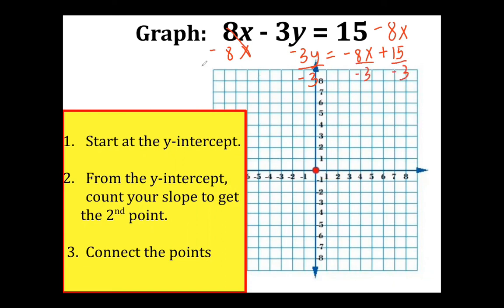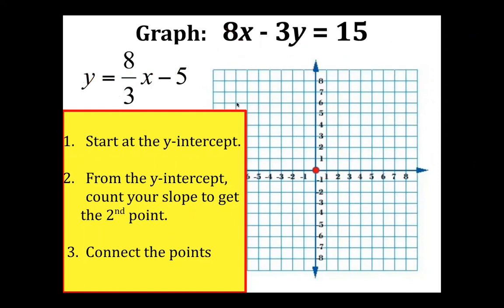And I'll go ahead and rewrite this over here. I get y equals negative 8 over negative 3, which will just be positive 8/3 since the negative cancels. And then 15 divided by negative 3 would be negative 5. So this would be your equation set to y. Now that you have it in slope-intercept form, go ahead and identify your y-intercept, in this case,